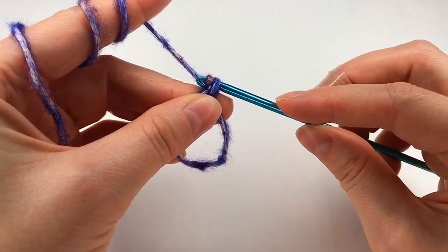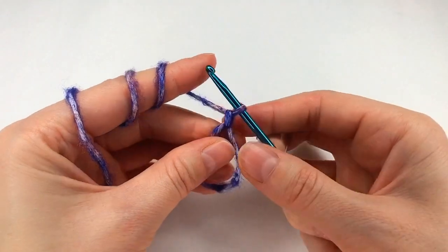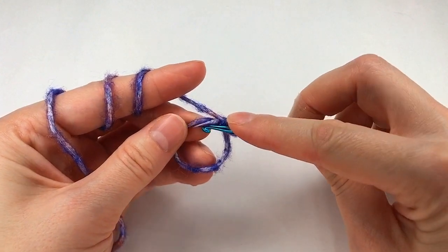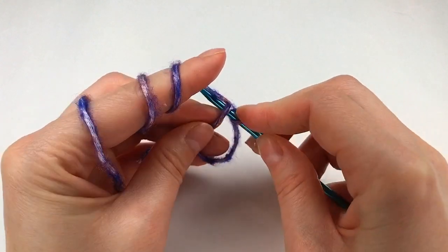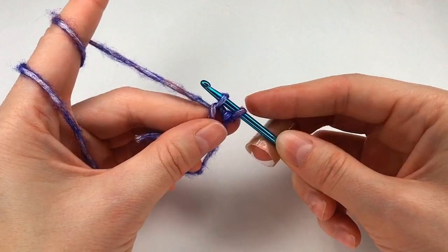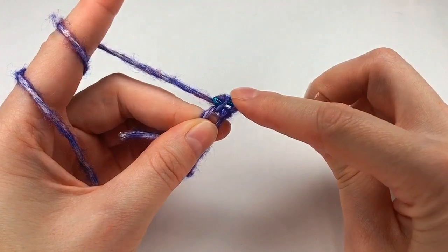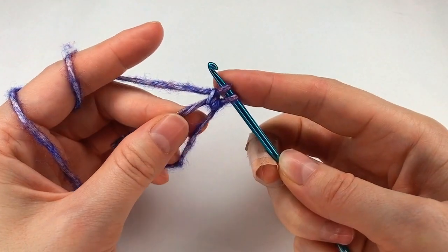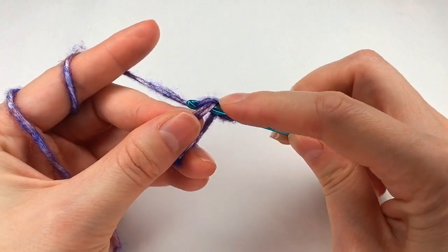Now I grab the yarn and pull through and make a chain right there. Now I go with my hook like this. I grab the yarn and I pull through. Now I grab the yarn again and make here a chain. I have two. Again I go